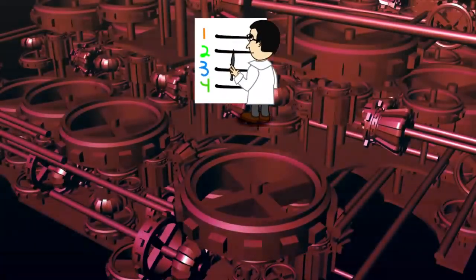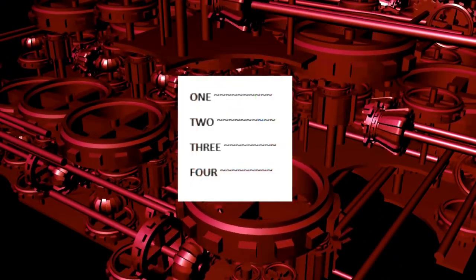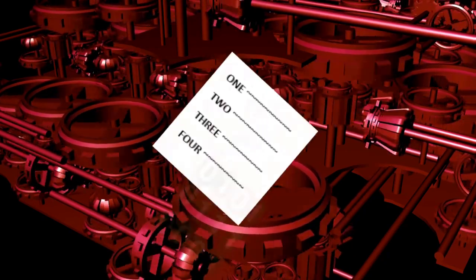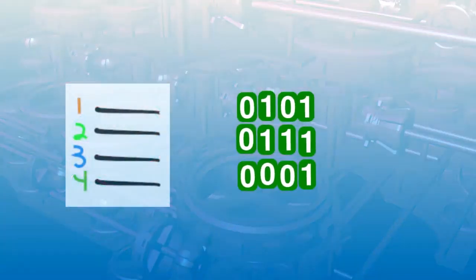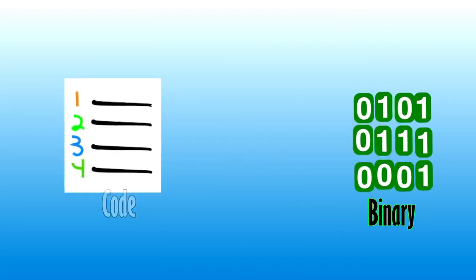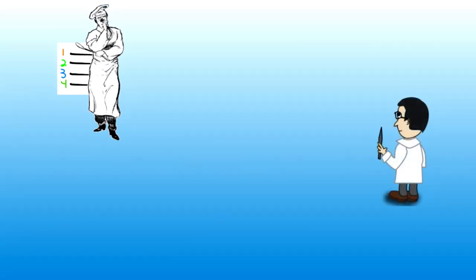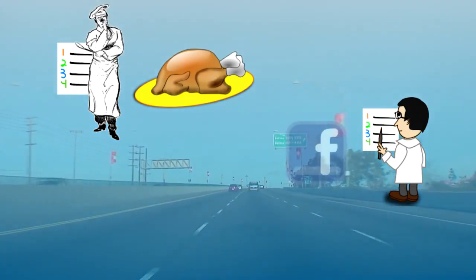And the process goes like this. On the top level, you have a human writing code for a specific computer language, and after this, the code is translated or compiled into a low-level language by a tool called a compiler, and finally the code is translated into binary or machine language by an assembler. So because we have a way of translating human orders in the form of code into 1s and 0s that a computer can understand, after that it's really just a matter of what you want the computer to do. And it's like being a chef writing a recipe, because both chefs writing recipes and computer programmers writing code have the ability to create something awesome using the resources and tools available.